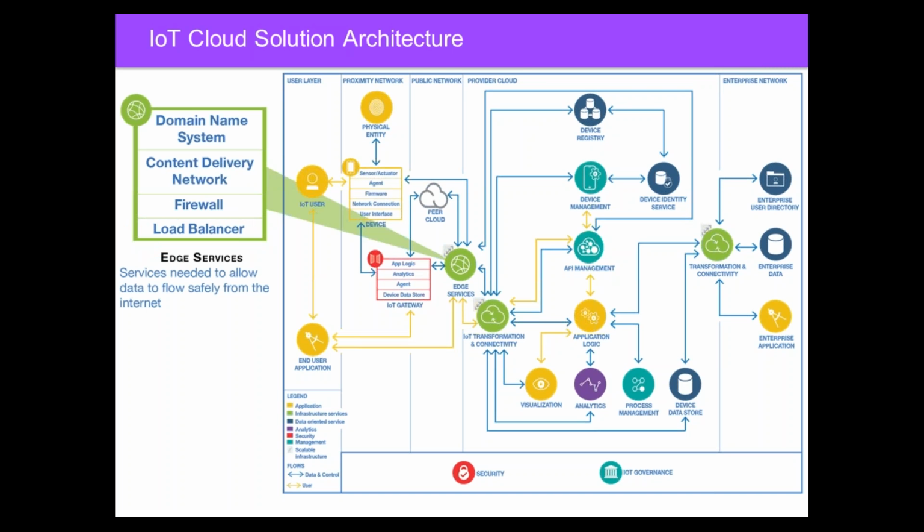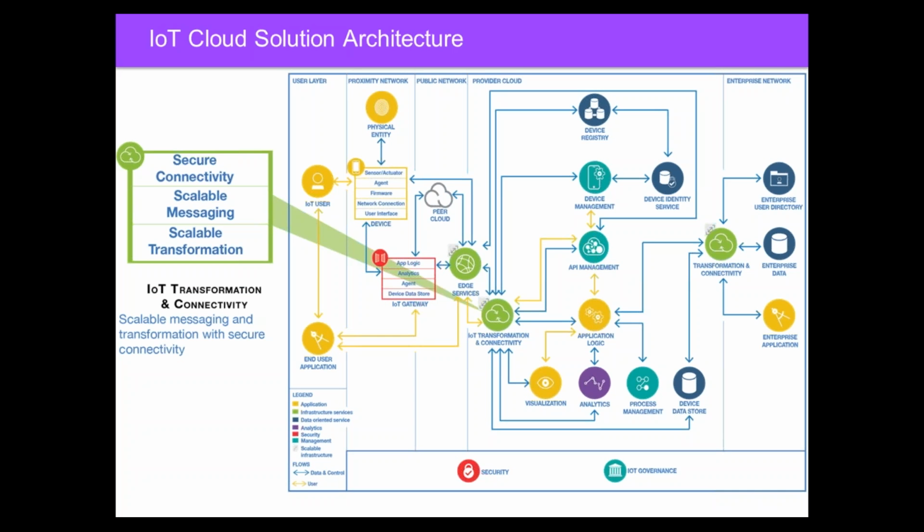And then we have edge services, and this is basically how we're going to allow you to connect into the system that exists, the cloud. It probably has a firewall. We're going to have load balancing so that we can have redundancy and a way to eliminate single points of failure. And it allows you to do name resolution, et cetera, and allows the data to flow. So we can move to the next slide.